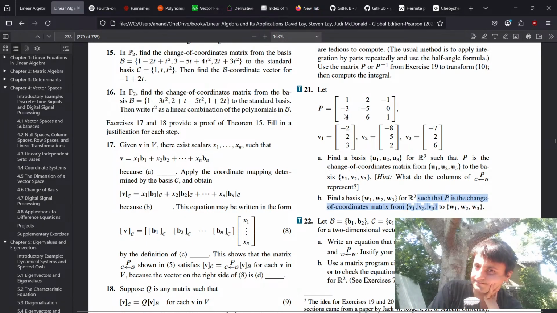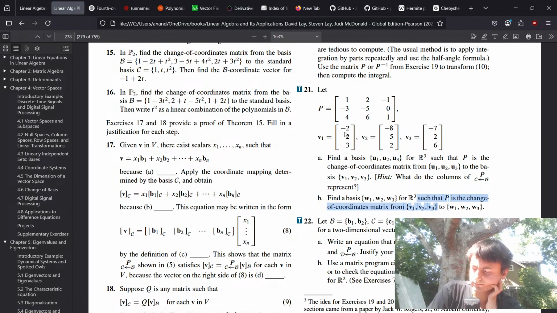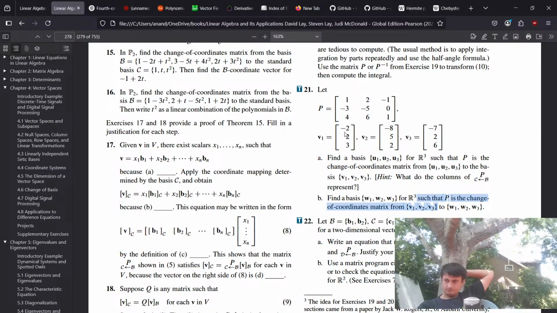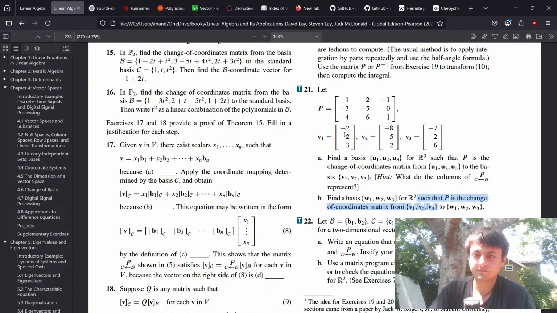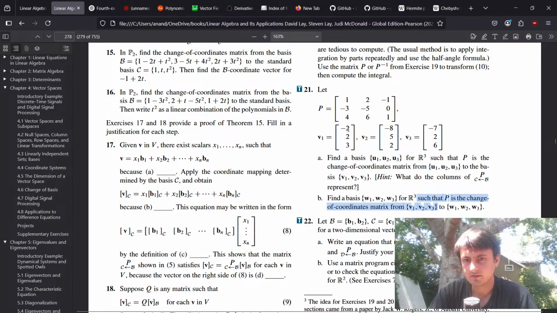One of these columns, Vi in terms of W, is going to be like 1, minus 3, 4 written as a linear combination of W. Or it's not, it's going to be that you're writing,